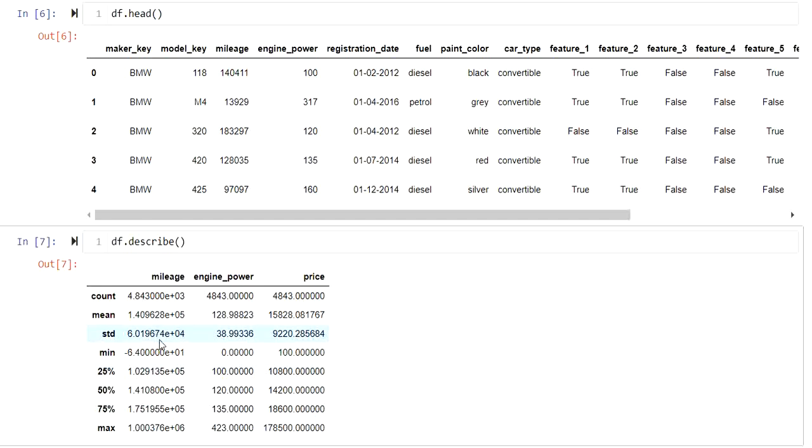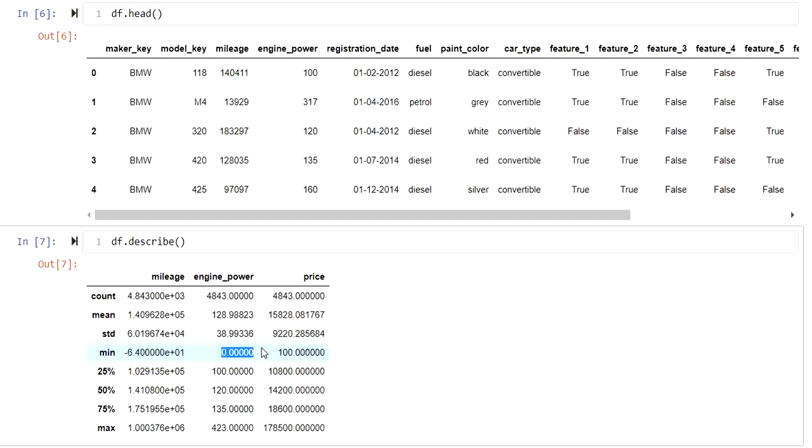Let's quickly shift to the next column, that is engine power. If I glance through again and check the minimum value in engine power, that is 0. Those who understand cars, for a car, can the engine power be 0? No matter how old the car is, it cannot be 0. Again, we found another data issue in our current data set for the column engine power. So this also needs to be corrected, handled, or dropped. The decision goes with the frequency.